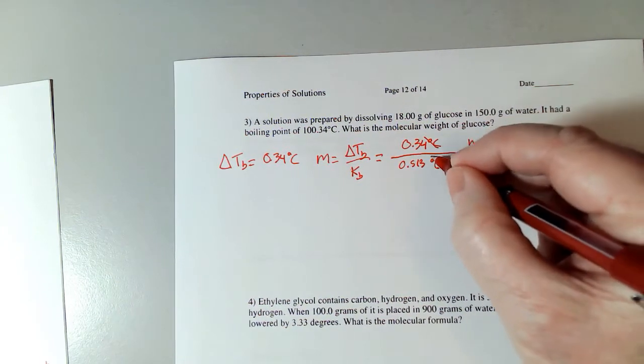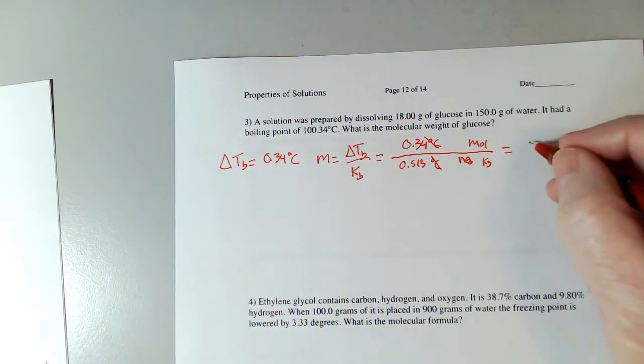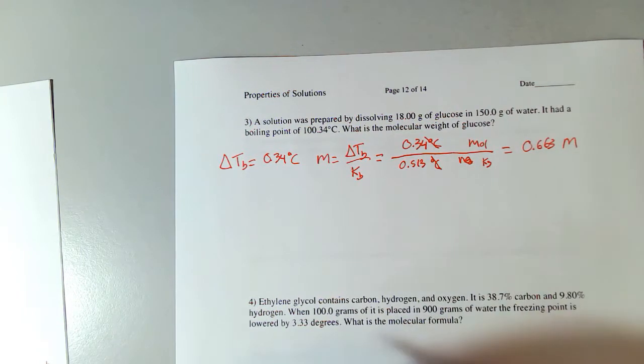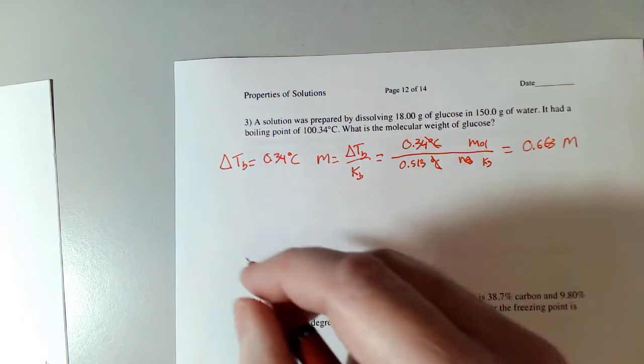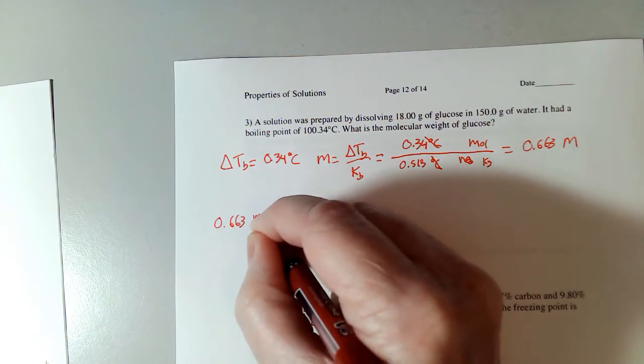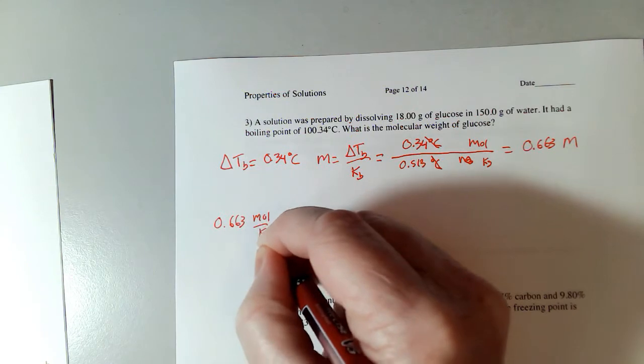Now the degrees Celsius is going to cancel, and this is 0.663 molal. Now I can take that number, 0.663 moles per kilogram,